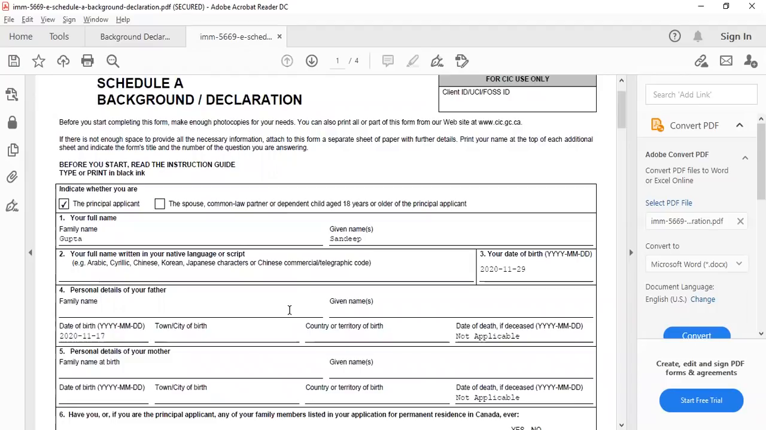So, make sure you fill this form for all of the dependents who are 18 or older than 18 years of age. So you need to fill this form for yourself or your spouse as well. While filling up this form for your spouse, you need to check this box. Then under full name, you need to provide your spouse's name,